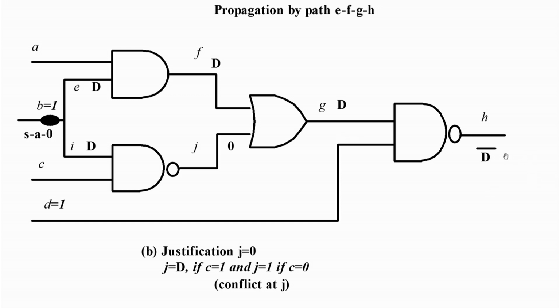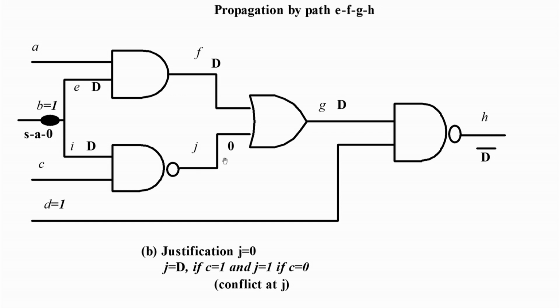Now, justification means what? This is D prime, this is a NAND gate. So, the other input of the NAND gate should always be a 1. If it is a 0, the NAND gate output will directly be 1 and this fault propagation value will be lost. This is an OR gate. So, this D has been propagated to here. So, I should have a 0 over here as a justification. Because if I make it a 1 over here, the output of the gate will be 1 and the fault propagation will be lost. So, I put a 0 over here. For the AND gate, of course, this has to be a 1, otherwise this will not propagate. So, it is a 0.